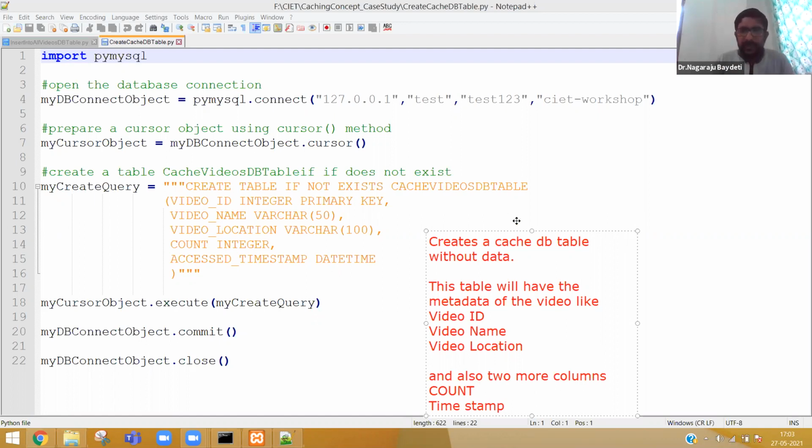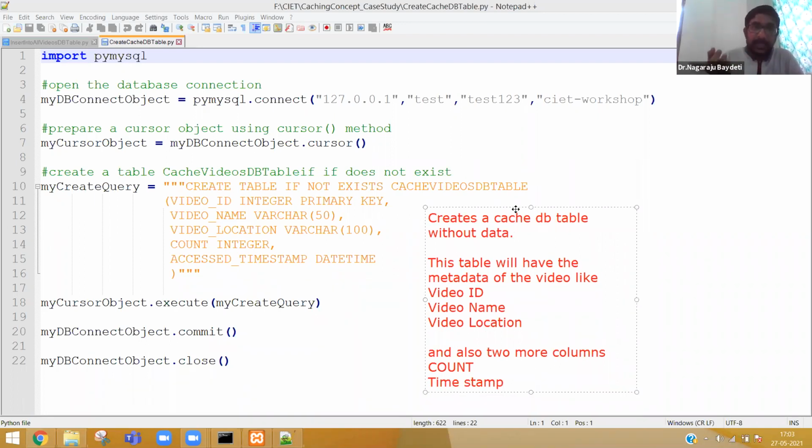So we need to have 5 columns here. In the all videos table, we have only 3: video ID, name, and location. But in this cache table, you also need the count and when exactly the video is accessed, the real time at which it is being accessed.